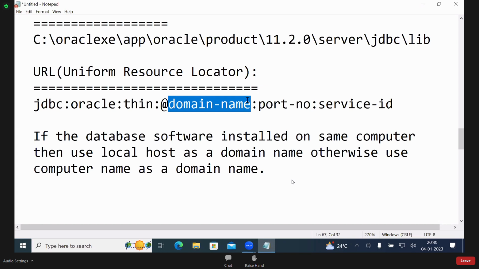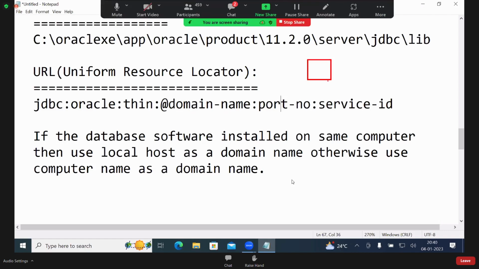So that is the reason the URL is different. But in type 2, we are not writing the domain name. Then how will it understand another system's database? It doesn't know. That's why the database should be installed in the same computer. In the type 2 driver URL, are you writing any other computer name? No. Then how will it understand another system's database? With this it will understand. That's what is possible here.